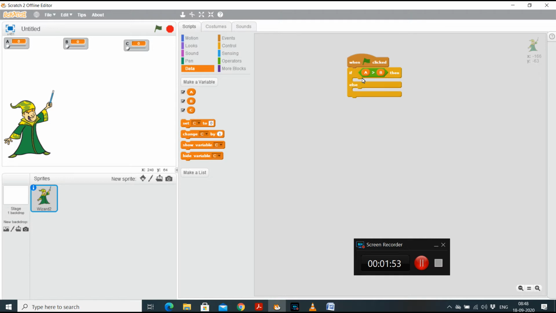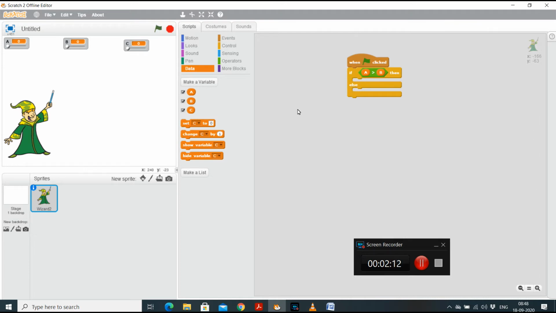Now let us see. We are comparing A with B. If this condition is satisfied, what does it mean? Among these two numbers, A is bigger. So now I have to compare A with the third number, that is C. Again, there can be two alternatives.